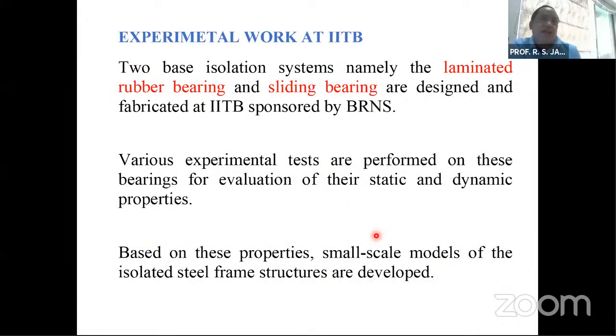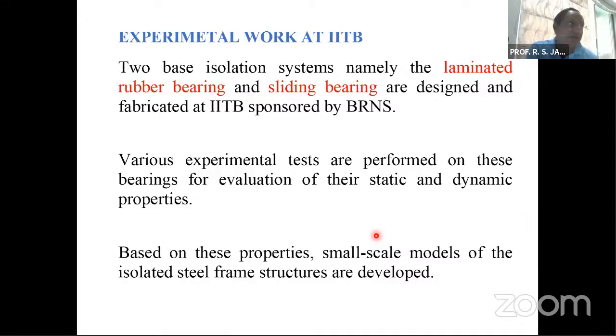Two types of base isolation systems, namely the laminated rubber bearing and sliding bearings, were designed and fabricated at our institute through a sponsored project by BRNS. Various experimental tests were performed on these bearings for the evaluation of their static and dynamic properties, and based on these small scale models and properties,